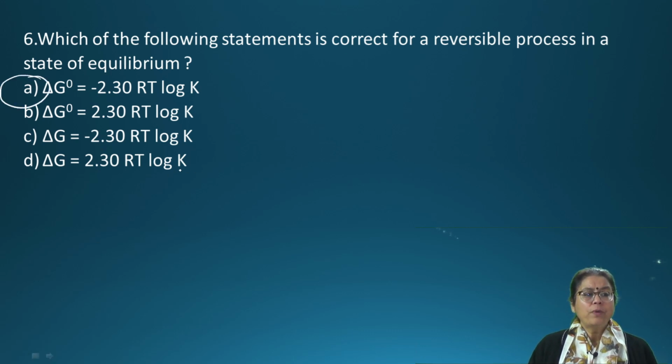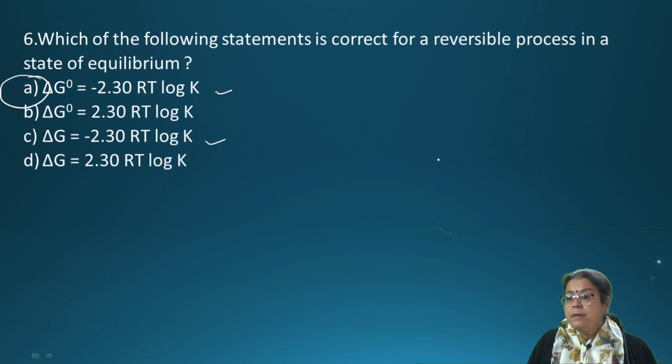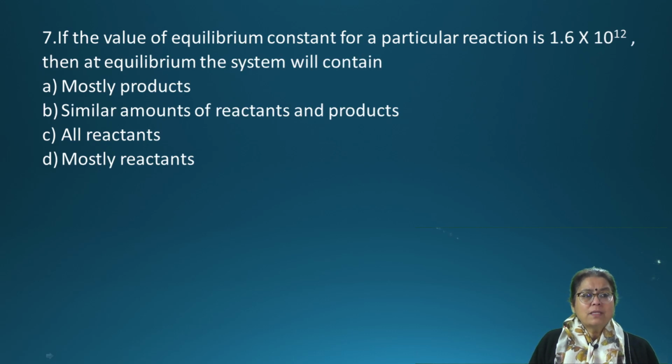इसमें देखो दो में कंफ्यूजन रहेगा आपको इसमें और इसमें. तो हम लोग जब डेल्टा जी की वैल्यू कैलकुलेट करते हैं दैट इज कैलकुलेटेड ऑन द बेसिस ऑफ डेल्टा जी नॉट. ओके, स्टैंडर्ड गिव्स एनर्जी वी हैव टू कैलकुलेट. Question number 7. If the value of equilibrium constant for particle reaction is 1.6 into 10 raised to power 12, then at equilibrium the system will contain